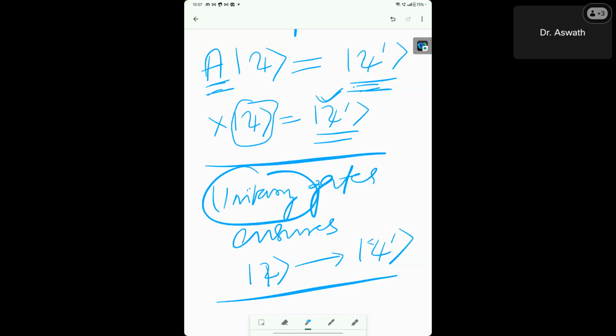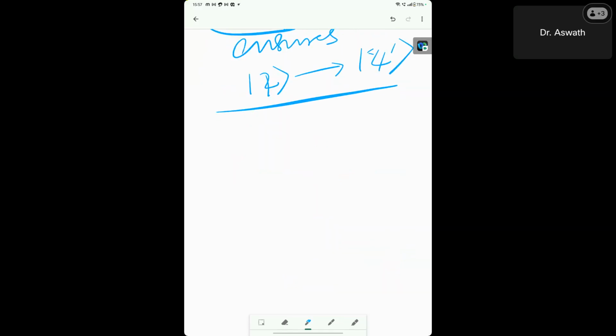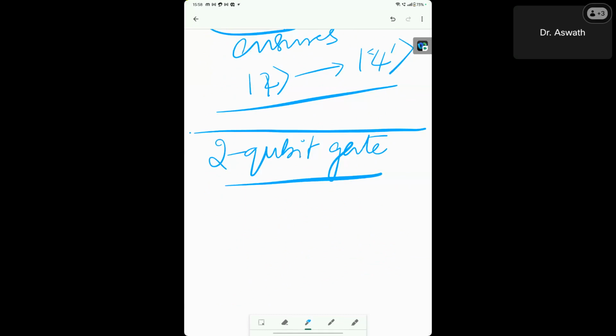Okay, so before going ahead, let me show one more gate. Before going into the IBM experience, let me show one more interesting gate, which is a 2-qubit gate. So far we saw single qubit gates. A 2-qubit gate needs one qubit going in and another qubit going in. Let's say there is a box which is a 2-qubit gate. It takes two inputs and gives two outputs.